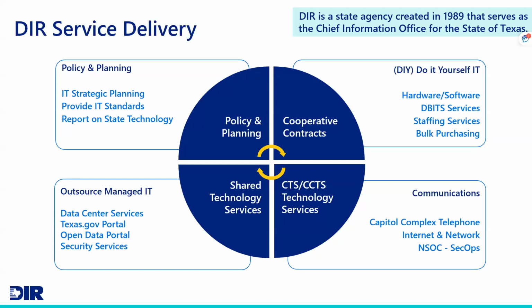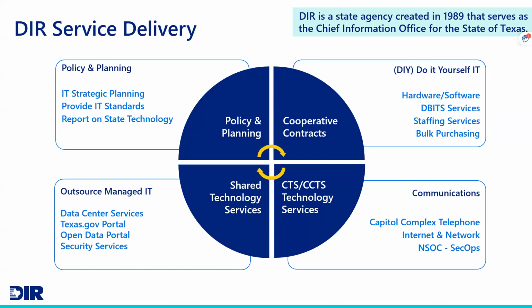They're kind of what we call our Kmart blue light specials because they're only available for shorter amounts of time. So you gotta get while the getting's good if it's on a bulk purchasing opportunity. The neat thing about those bulk purchases is that they're available to all of our eligible customers to use, and you can buy one item or you can buy 1,000 items if it's on a bulk purchasing opportunity. There's no max or mins. I've got a slide coming up and I'll show you what we've currently got available.